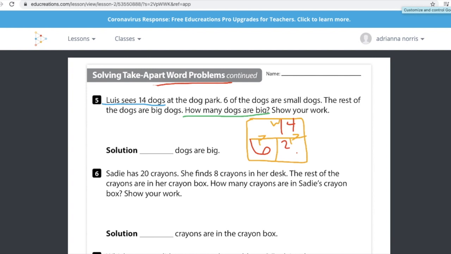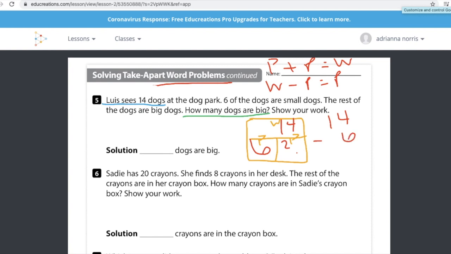All right, here we go. As we learned, we know that W minus P equals P, and we also know that P plus P equals W, right? So we have our whole, we have our part. That means we need to do what? You should have told your brain we needed to subtract. So here we go: 14